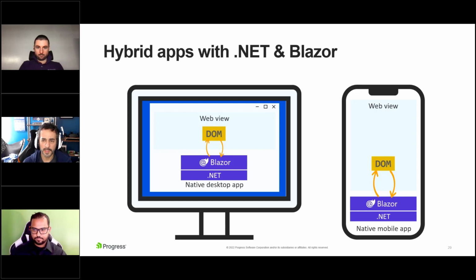So Blazor then, by proxy, gets access to native device APIs. So you can do things like access the disk on your desktop or access the drive on your mobile device, access camera features,